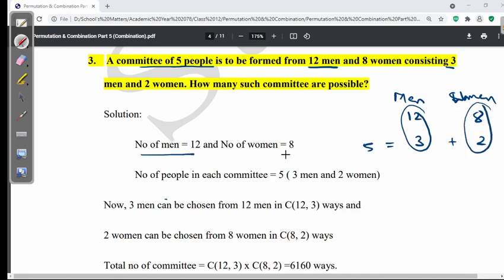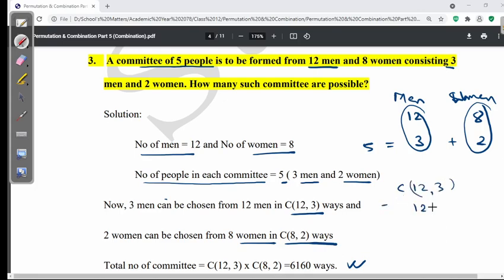So number of men 12, women 8. Number of people in this committee is 5. That is 3 men and 2 women, that I have shown here. So 3 men can be chosen from 12 men, that is 12C3 ways. Similarly, 2 women can be chosen from 8 women, that is 8C2 ways, and the total number of committees is 12C3 times 8C2, that is 6160 ways. You have to find that 12C3 equals 12 factorial over (12 minus 3) factorial times 3 factorial